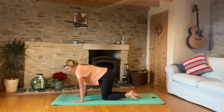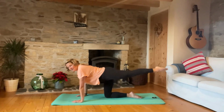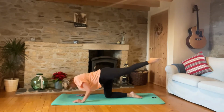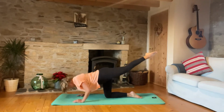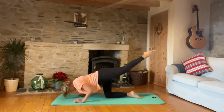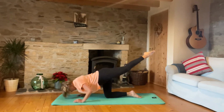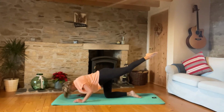Now onto the tricep dip leg extension. So slide the left leg back, lift it to hip height, make it as long as you can. And I'm going to dip, lower and lift for 2, 3, 4, just 1 more, 5,